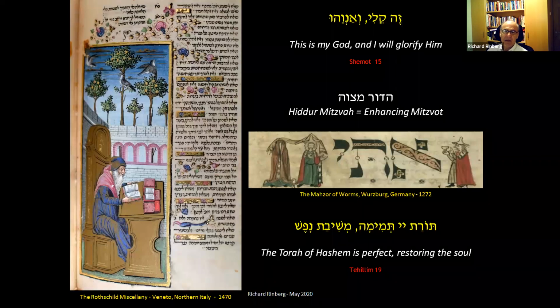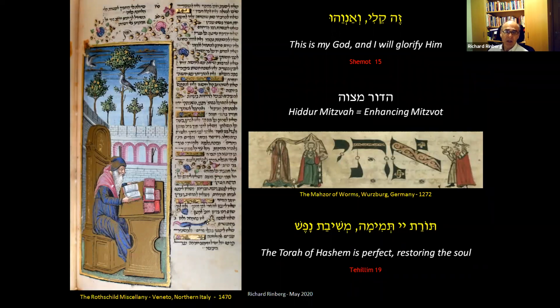So it's not enough to just have a Kiddush cup, but it should be a beautiful Kiddush cup. When we have a siddur in the old times, we wanted to illuminate it. We did it to the best of our ability. For example, you've got here in the middle the machzor of Worms from the 13th century, and you can see the first illustration of a wedding, a colored illustration.